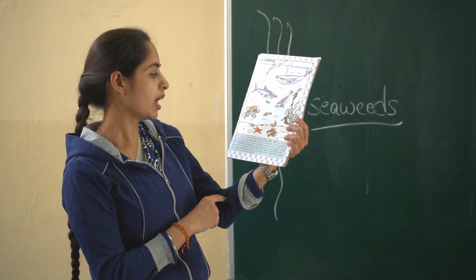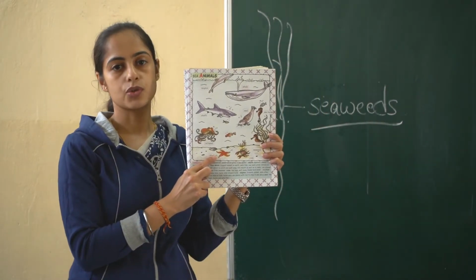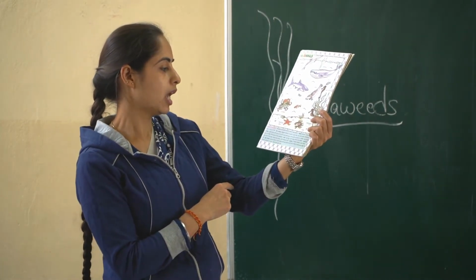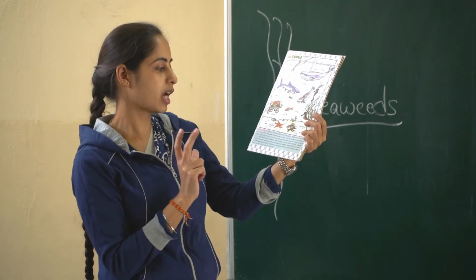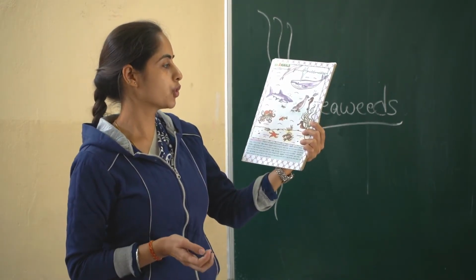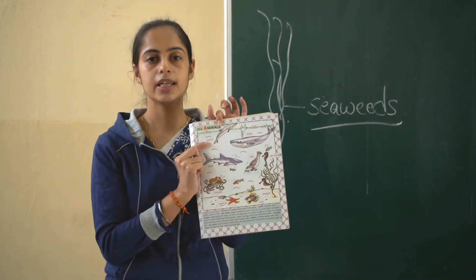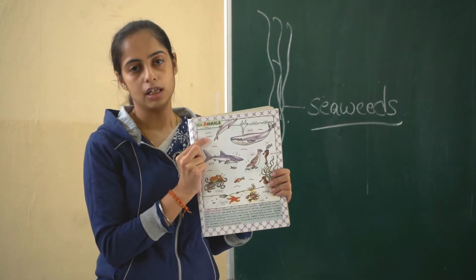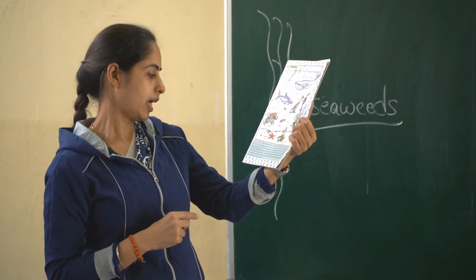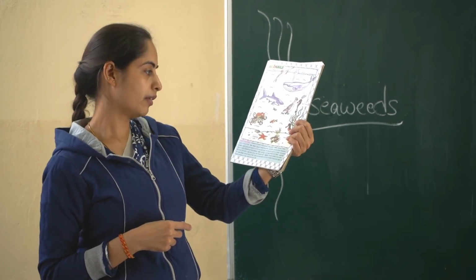Okay, now we have starfish. As the name suggests, starfish. So how many arms does the starfish have? 5. Okay, and they have a star-shaped body. These 2 things are very common in starfish. Then we have dolphin. You can see the dolphin. The most friendly animal in the sea, as we say, is the dolphin. It is a very friendly animal, and it eats other fish. That's it. Now we have the seahorse.